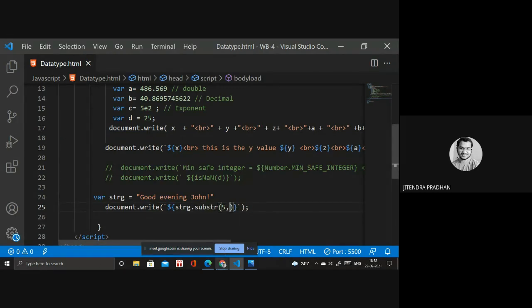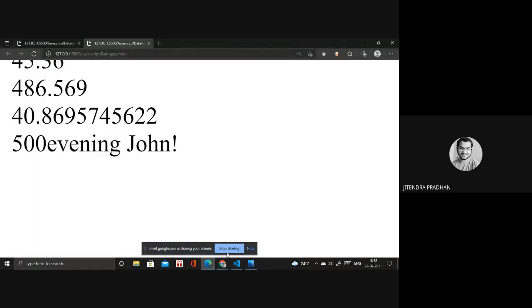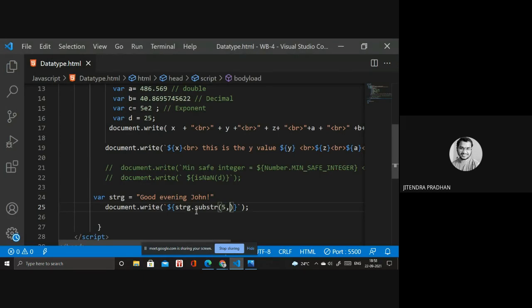If I give 5, everything from there comes. So by using slice we can do that, and by using substr we can do that. This is a method, and string dot substring, and we have to write the numbers, start and end. Okay, so I hope you got this point, how we can use the slice and substring methods.